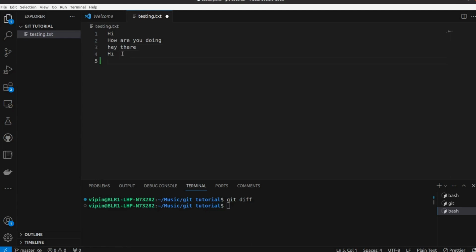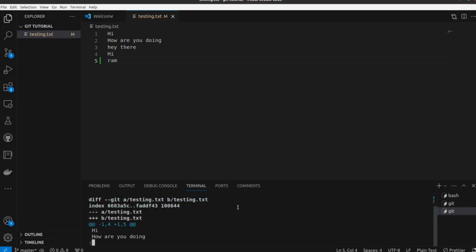Let's add some random text here and run git diff again.